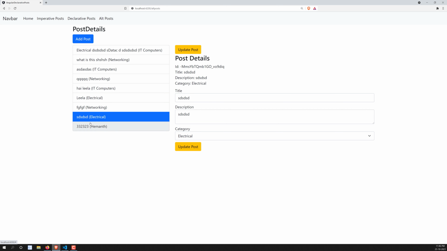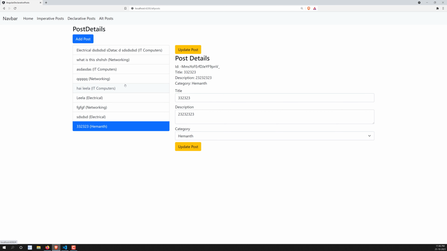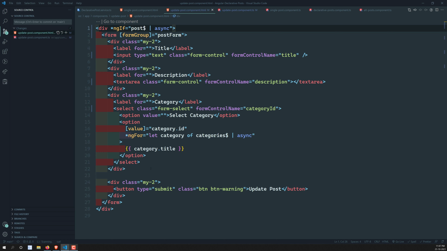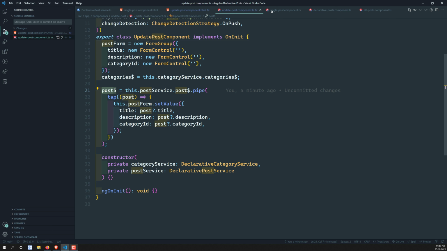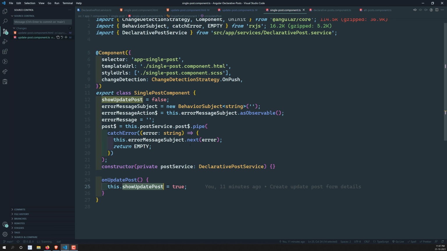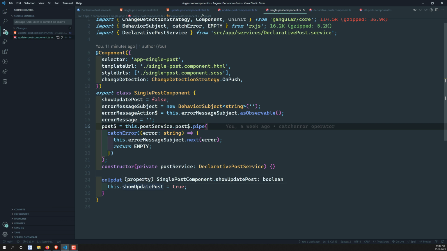Fine, right? This depends on your requirement. For example, I want to show both the details here and the update post form down here one by one, and I don't want to mess up the code, so I want to keep it as simple as possible. If you want to show it like that only, then you can go here and make show update post false for every post details you get, so that whenever the user clicks on update post, you can do it.